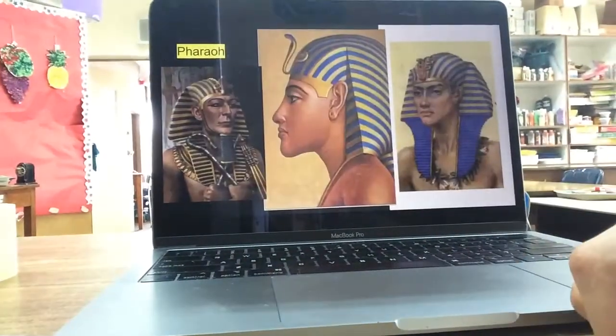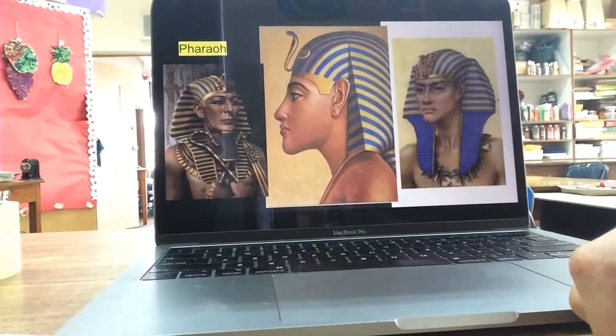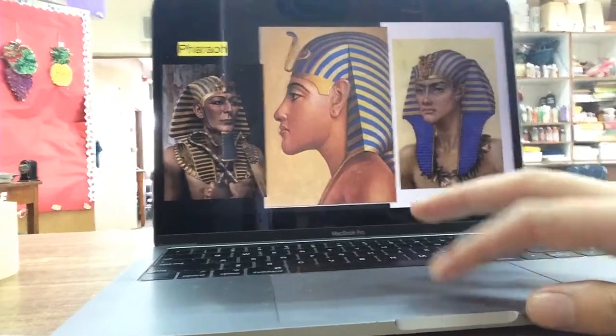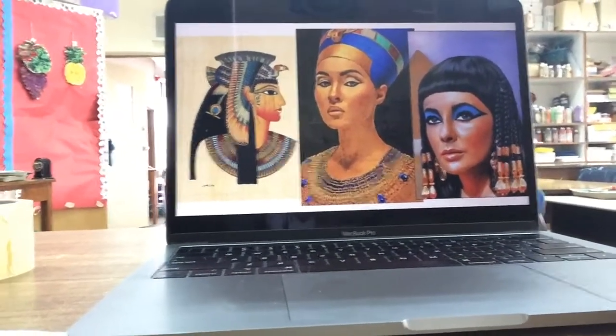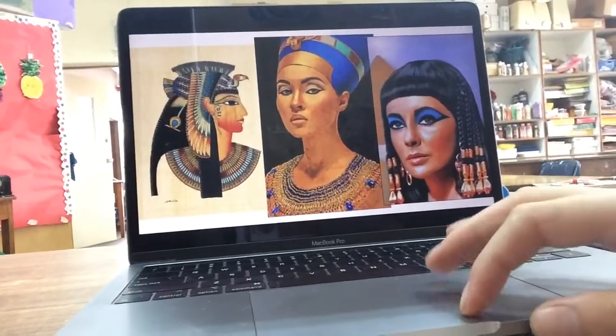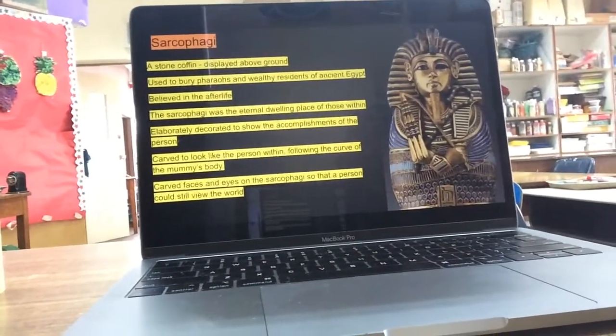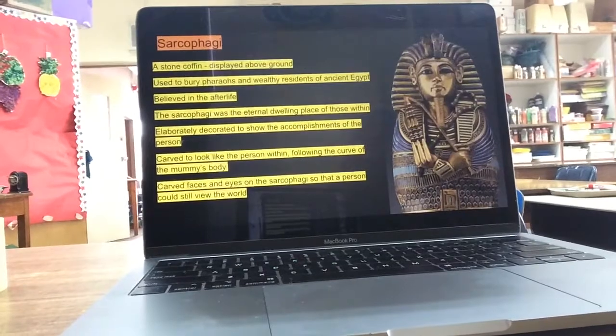mankind. So Pharaoh is another important word we need to know today. Pharaoh was like the king or the ruler of ancient Egypt. And there was even sometimes a queen of Egypt, such as Cleopatra. Now, the ancient Egyptians are cool for many, many reasons, but one thing that they believed in was something called